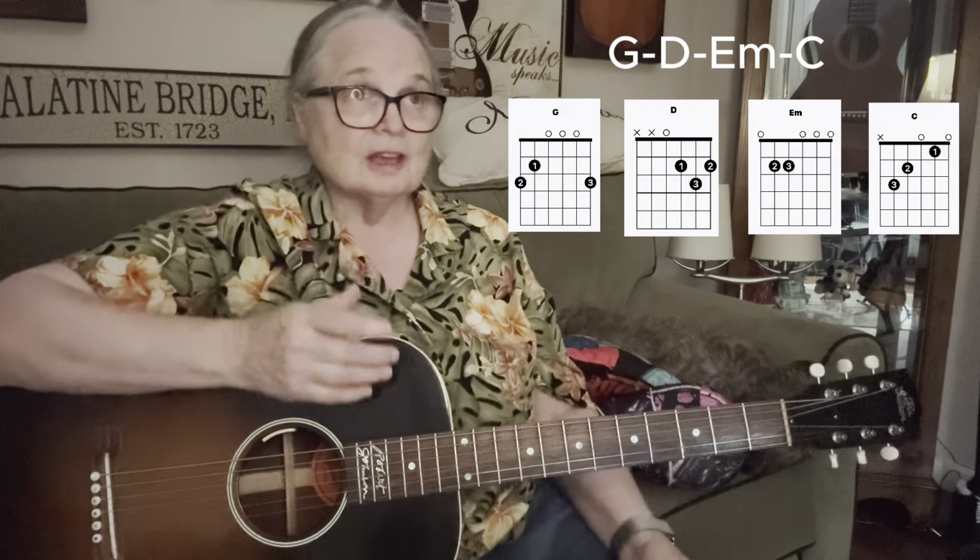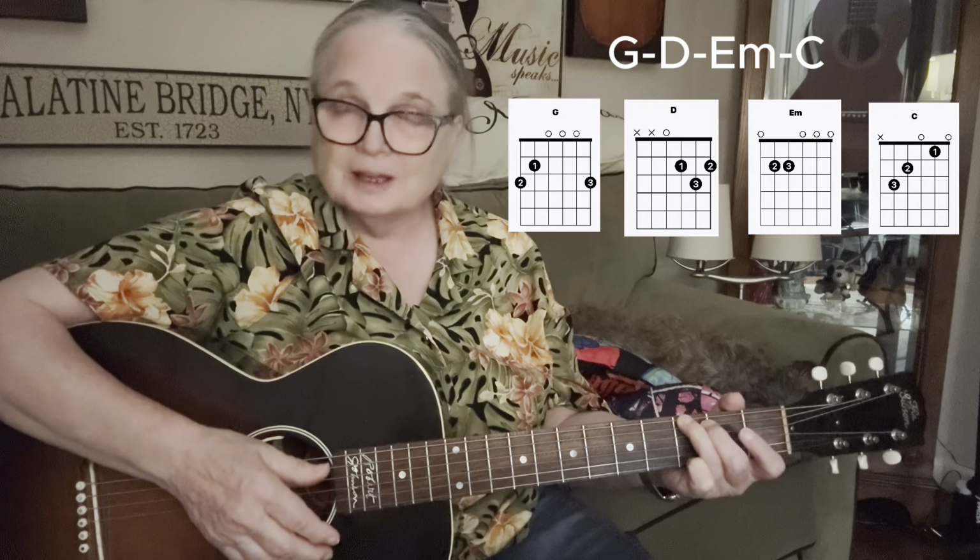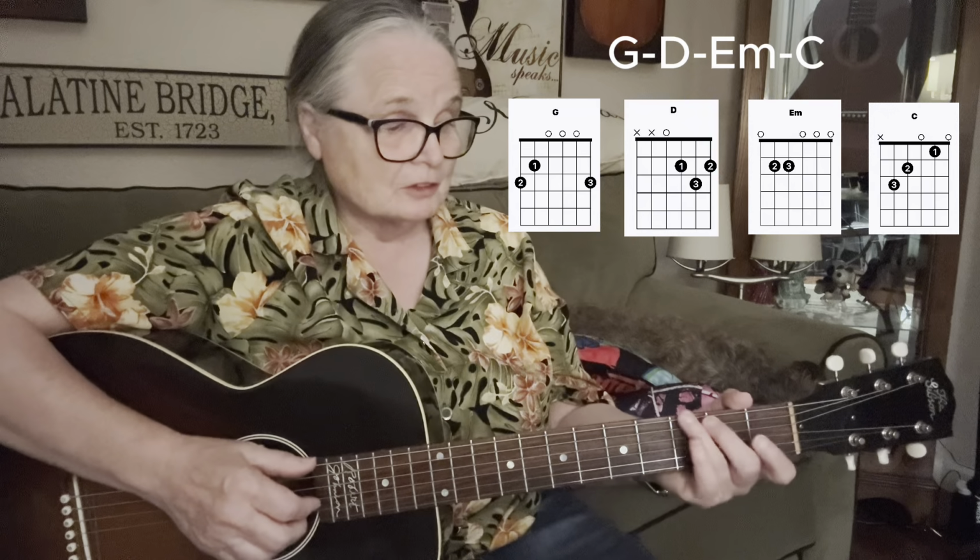It's just a very common progression. The other day I was playing a song with Tim. We were playing Mr. Bojangles. Remember that song? Well, that's actually this chord progression. And so we started in